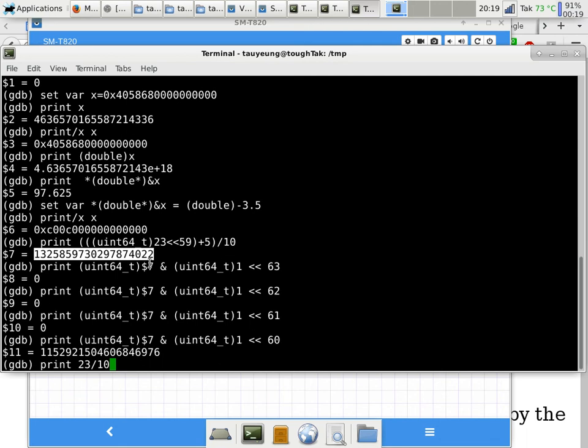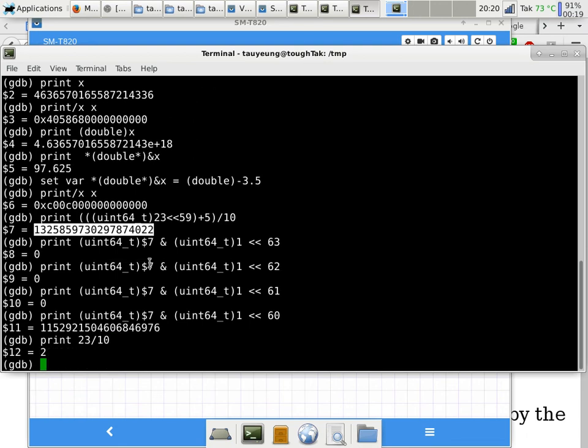You wonder what the binary division is between 23 and 10, and it's just going to give you 2 because it's truncated. Because it should be 2.3, right? But because it's an integer division, you only keep the quotient part, you lose the fractional part. And the quotient part really is just 2.